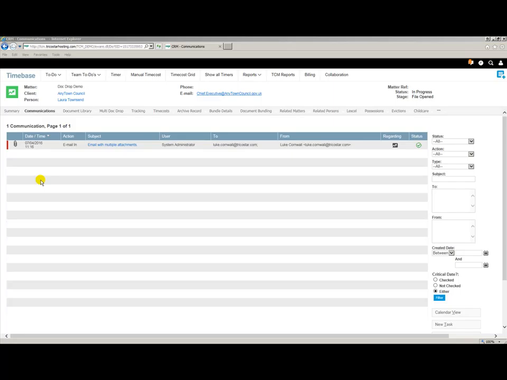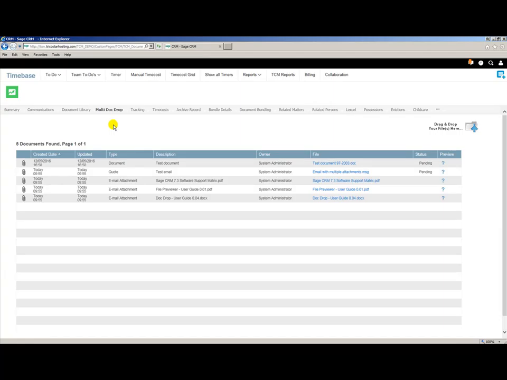Okay, so now we've shown you how the single doc drop works. We'll move on to the multi-doc drop. As you can see, there's a multi-doc drop tab. If we click on there, this is the area where we upload multiple documents. In the top right, you can see you've got the drag and drop your files here. Similar to the document library and communication screens where you've got the document drop icon, this is the equivalent